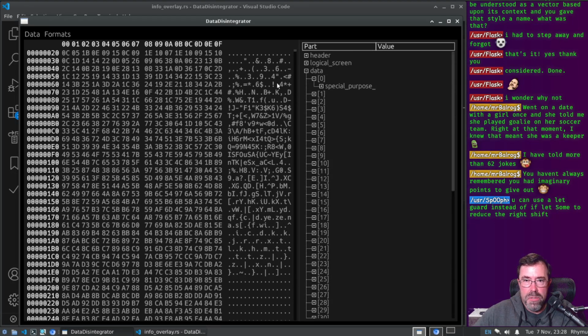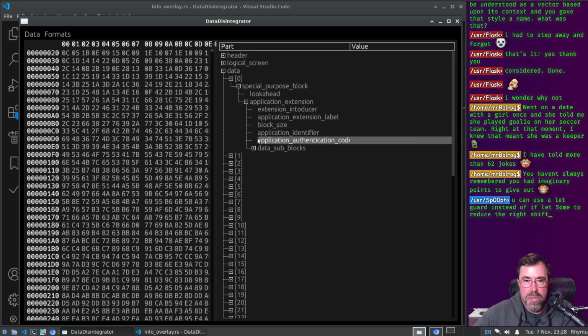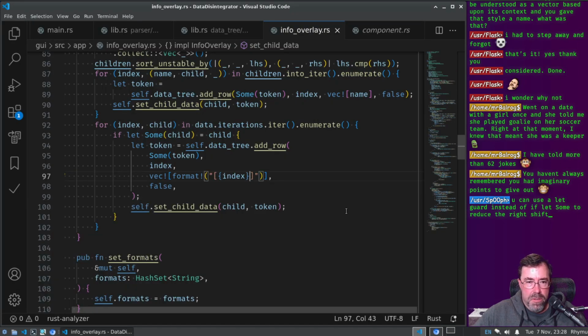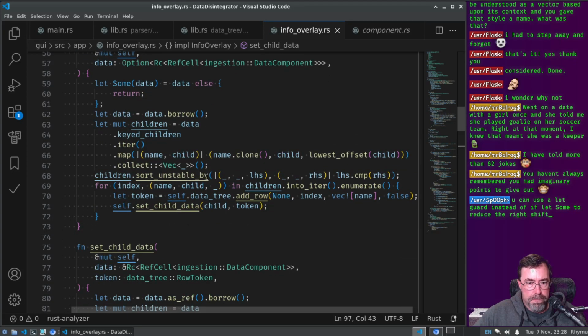Special purpose block, look ahead, application extension. So let me populate the values now, because that should be fun. So every time we're inserting a row, we're putting this vector here, right? So since I have the child, I can take the child's